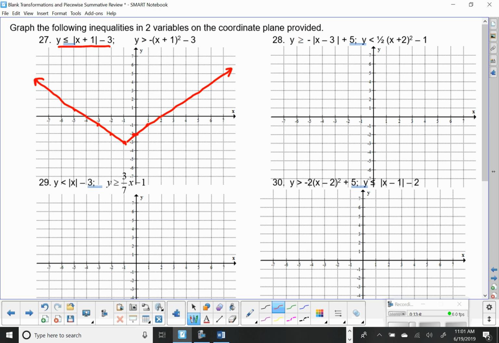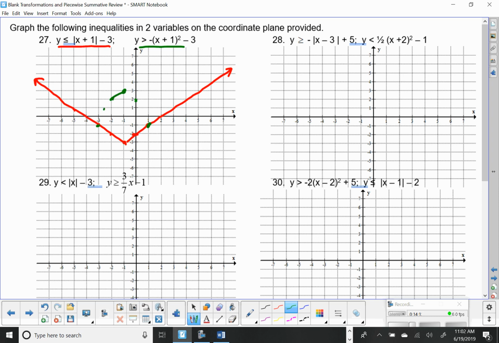So there's the graph of the absolute value. Now, we've got the parabola. This one went left 1 and then up 3, and it's upside down, and it's also dashed. So right 1, down 1, right 2, down 4. Whatever I do on the right, I do on the left,